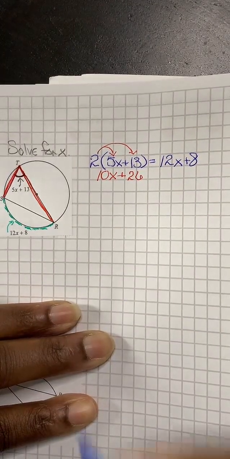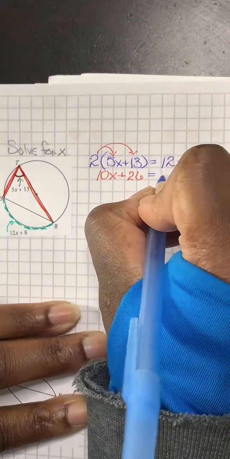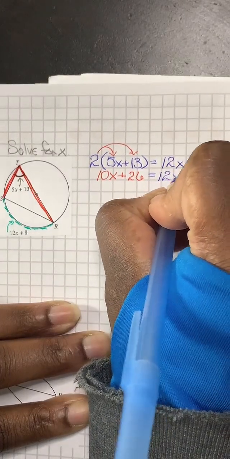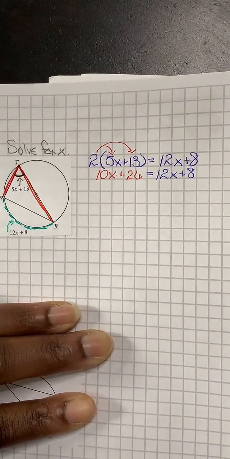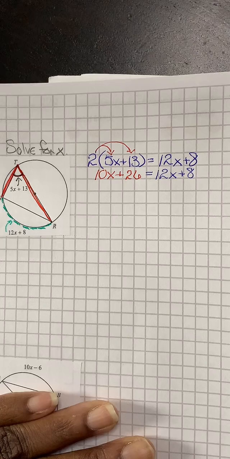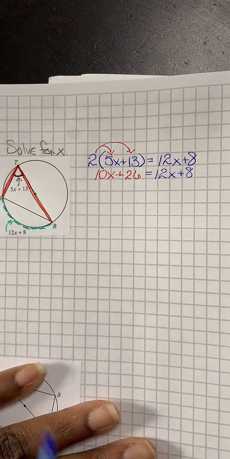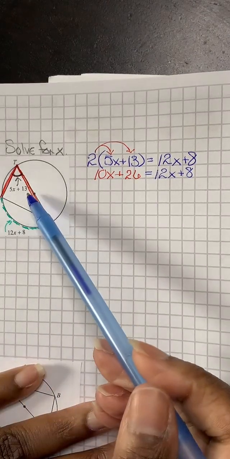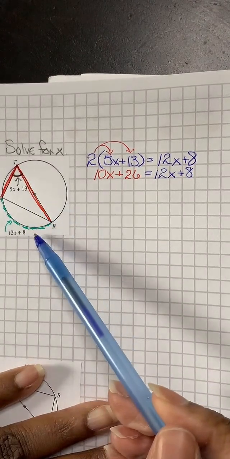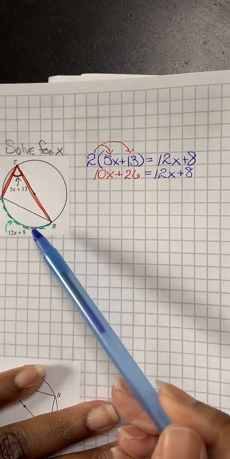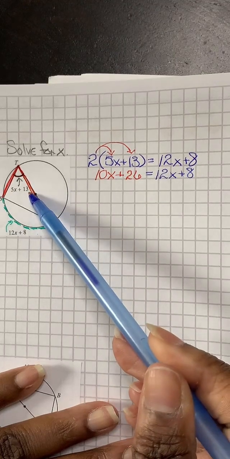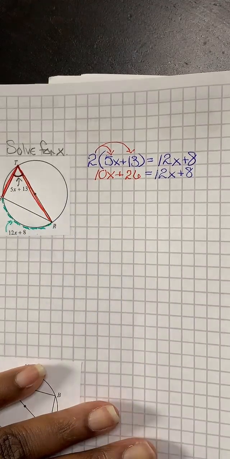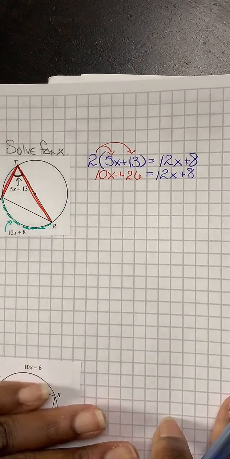Then I bring everything else on down. So you can either double the angle to make it equal the arc, or you can take half of the arc to have it equal the angle. Okay. So now,